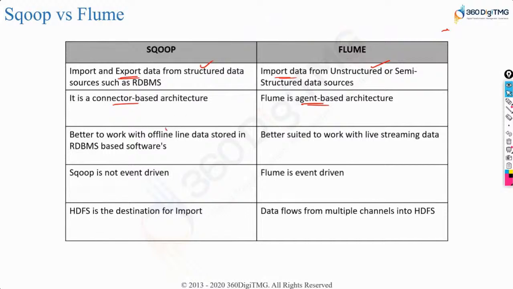And this works with offline data, whereas this works with online data or live data. Event driven, that means when an event is created, only then Flume comes into the picture. Only then does the data have to move, right? Whereas for Sqoop, there is nothing like an event because it's working offline. You execute the command whenever you wish,